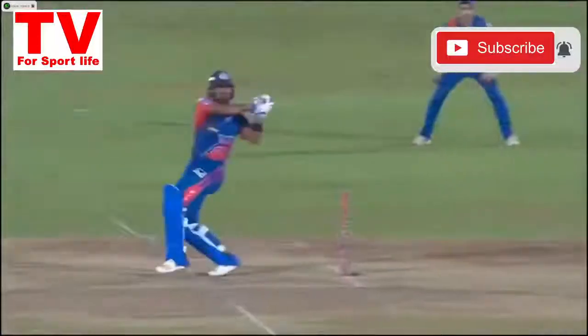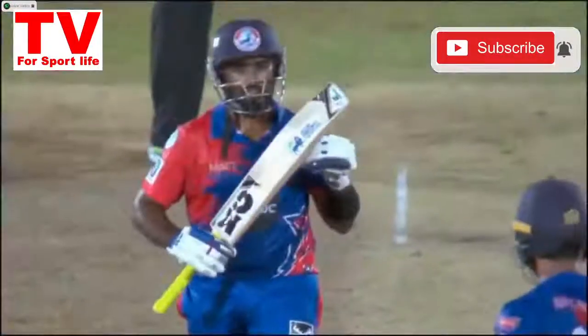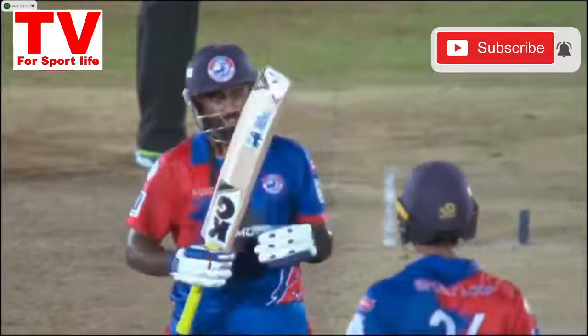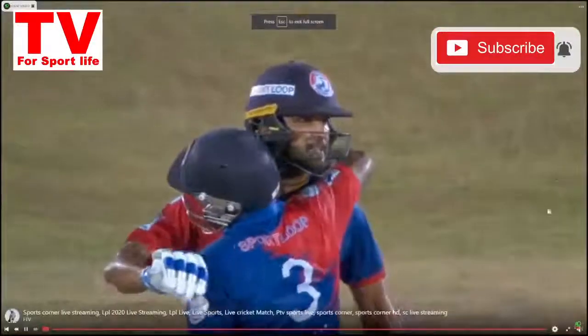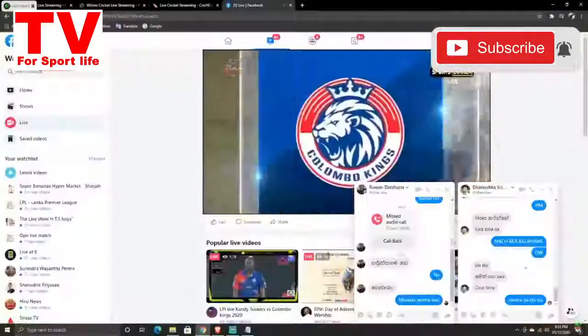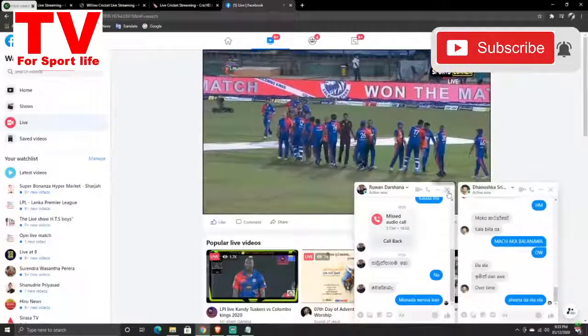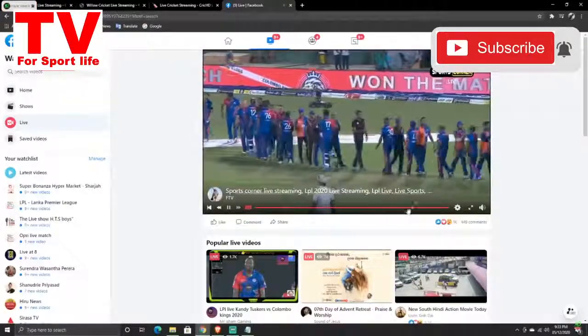He assesses the situation very well. Angelo Matthews and Chandimal has been a great help. He was absolutely brilliant behind the stumps. Took a stunning catch. He was involved in a run out, and an important run, 36 to be precise. He's got a couple of good not outs now. Chandimal, on 2 very good scores as well, past 50. So he's been a